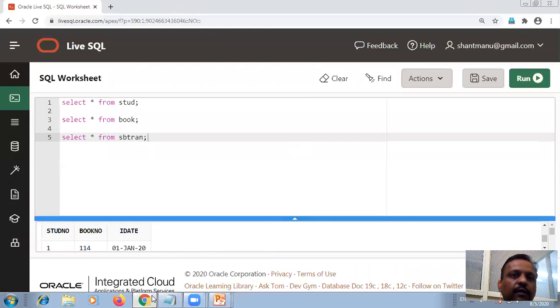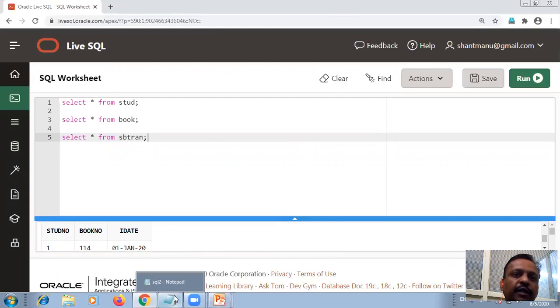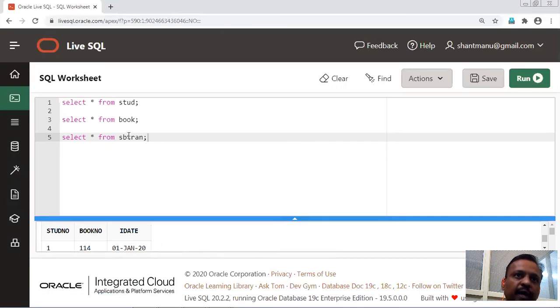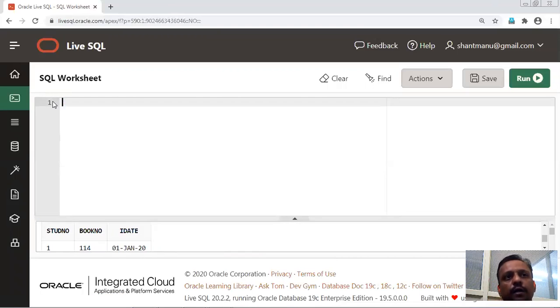In today's session, we are going to see referential integrity, which we have created in the SBTran table. But now we have to go for solving our queries by using inner queries, select into select.